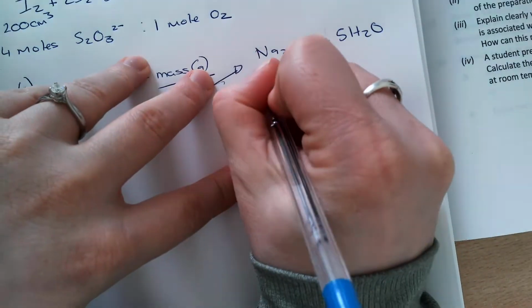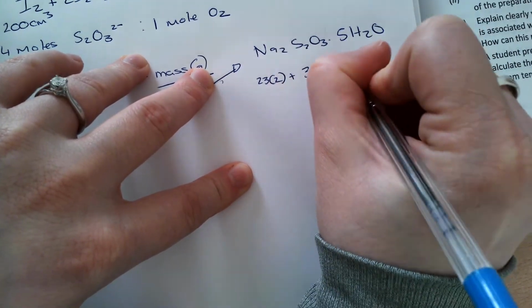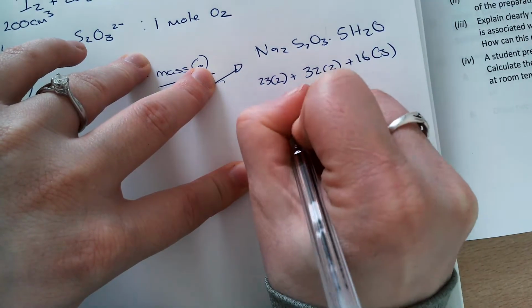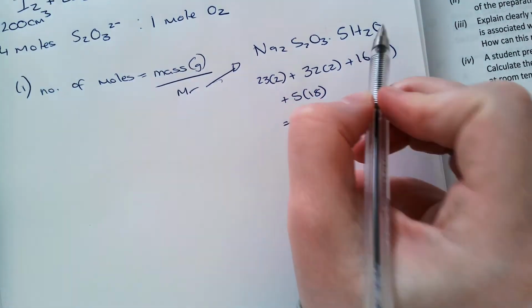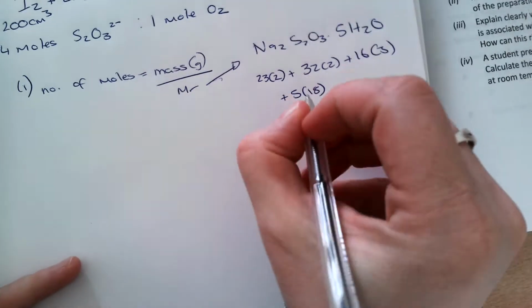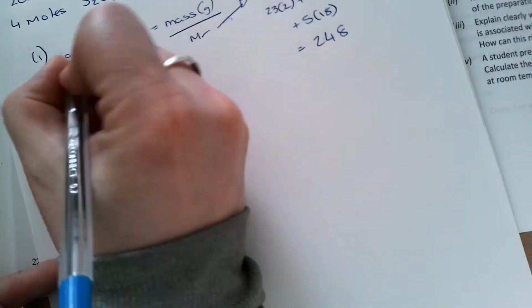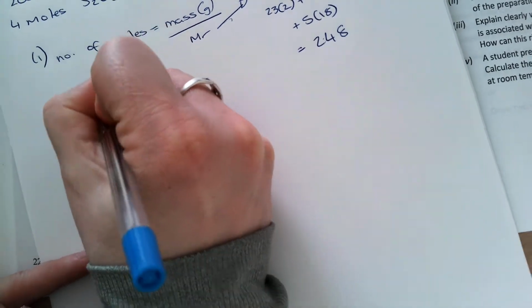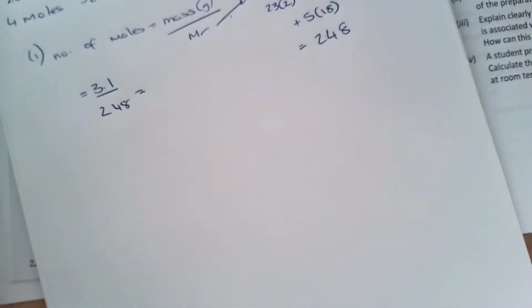Okay, so 23 by 2 plus 32 by 2 plus 16 by 3 plus 5 by 18. That's 1 by 2, which is 2, plus oxygen, which is 16. So that's going to give me a total of 248. So now I know my moles are 3.1 divided by 248,